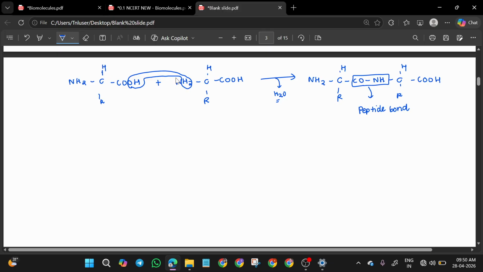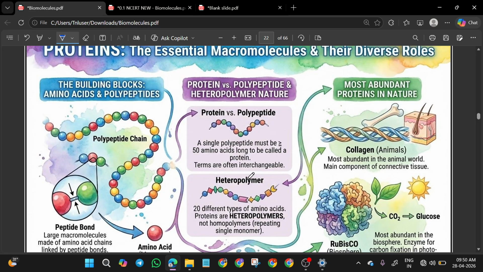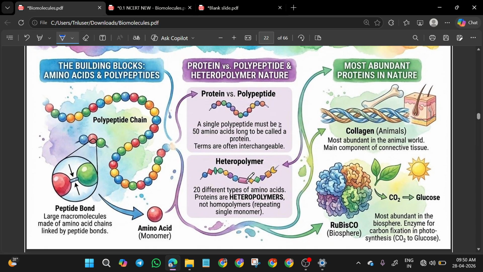I think this is clear. So now water removed, peptide bond is formed. Okay, so that you can see. Next, so peptide bond, if you can see, so and then நம்மளுக்கு glucose நம்ம வந்து polysaccharides பார்த்த மாதிரி homopolysaccharide or